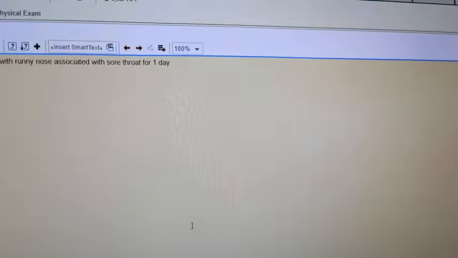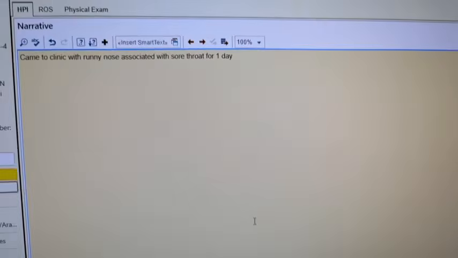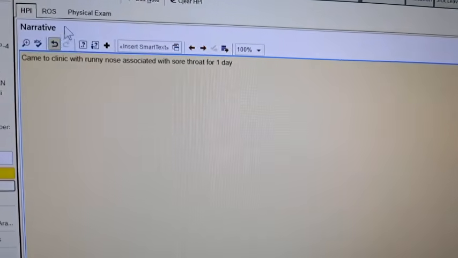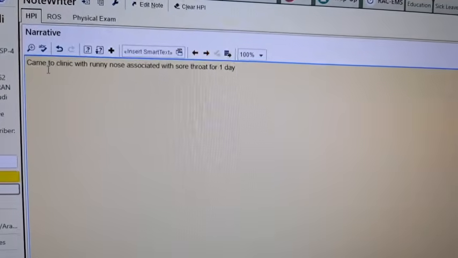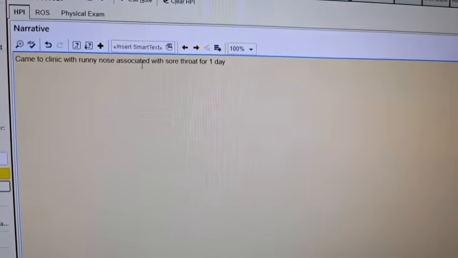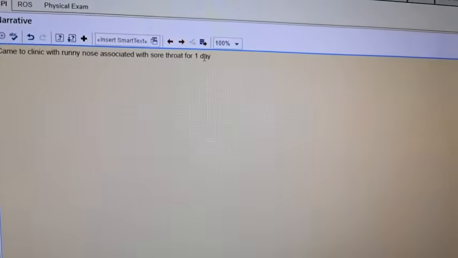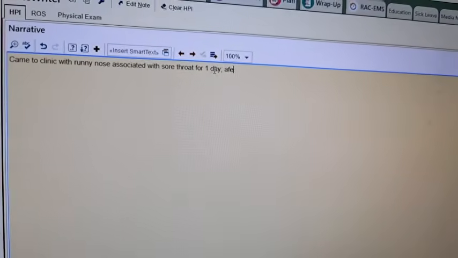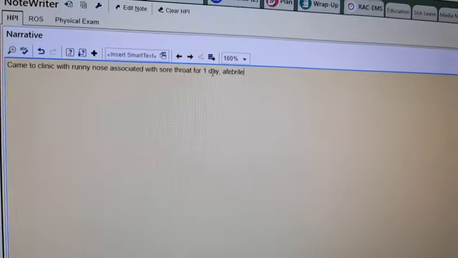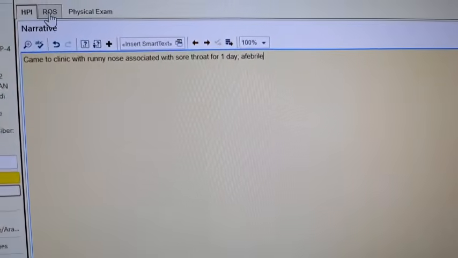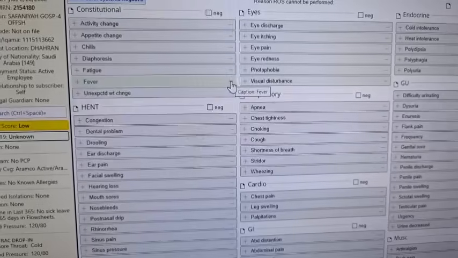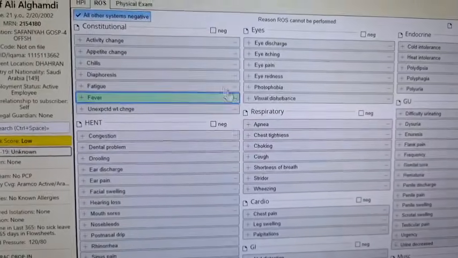So it's cut. So here in narrative, just put a simple narrative like patient came to clinic with runny nose associated with sore throat for 1 day, afebrile. Just a simple narrative. And for ROS, review of systems, patient doesn't have fever.